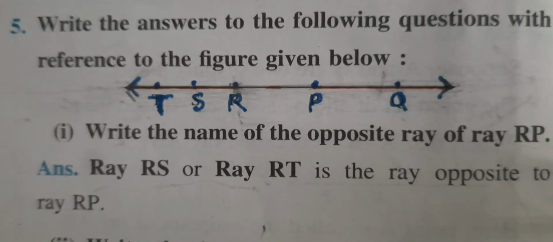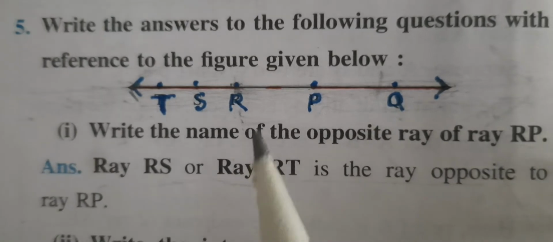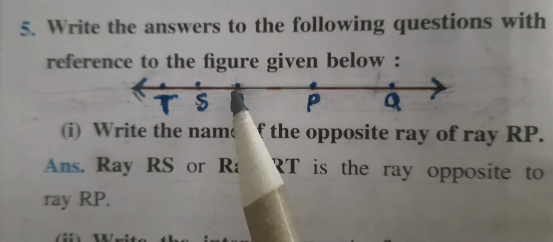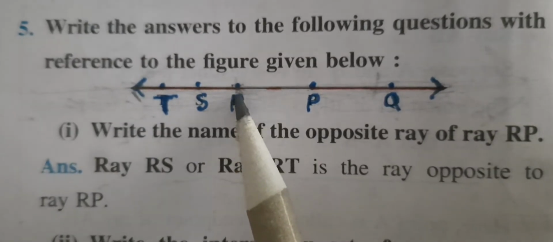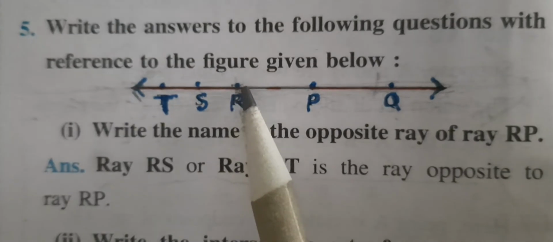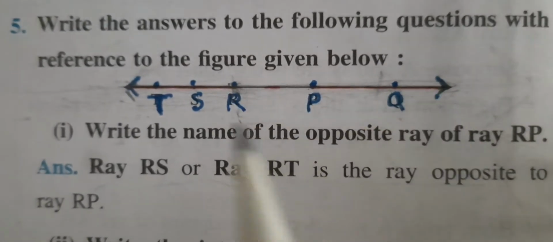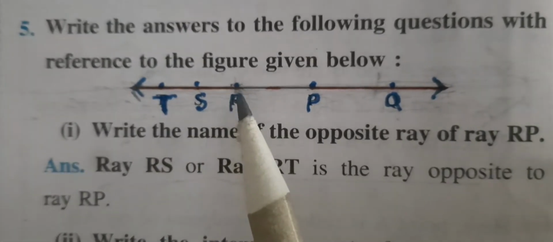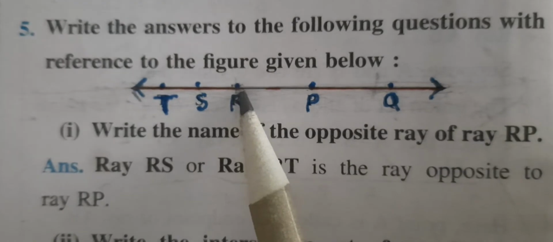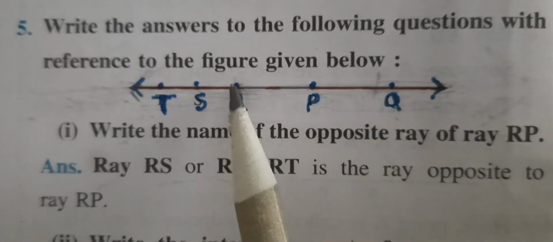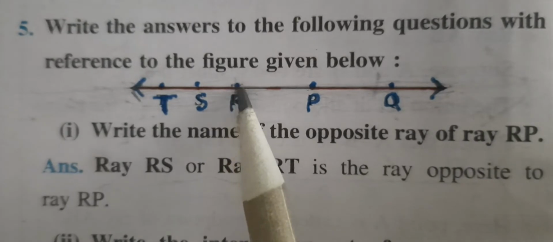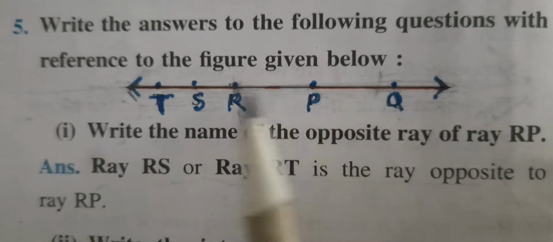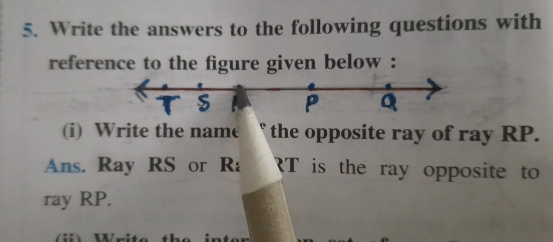Now if you want to understand what are opposite rays, a ray has an end point. This is also called end point or starting point. If I want a ray with end point R, there will be two rays, one in this direction to the right, another in this direction to the left, but the end point will be point R. Now with the end point R, the ray to the right can be named, first letter will be letter R, it will be called ray RP. You can even call it ray RQ. You can choose any letter on this side, but the starting letter will be R.